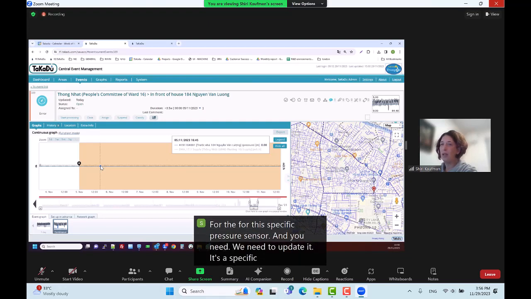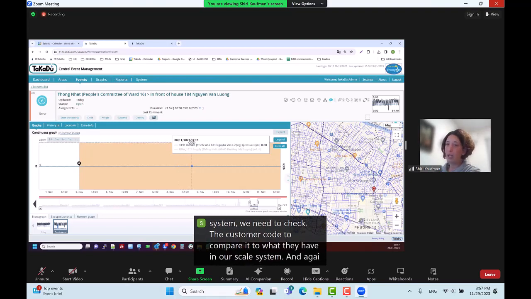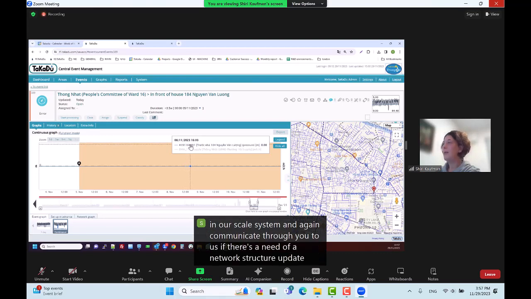It's a specific case where the normal behavior is outside of default bounds. It doesn't happen that often. If they have readings in their SCADA system, we need to check the customer code to compare it to what they have in their SCADA system, and again communicate through you to us if there's a need of a network structure update,